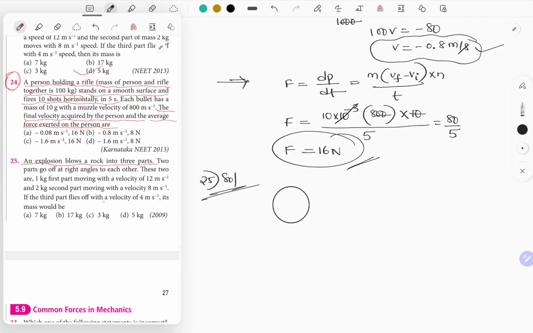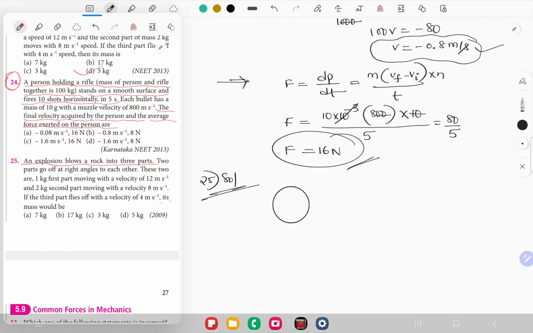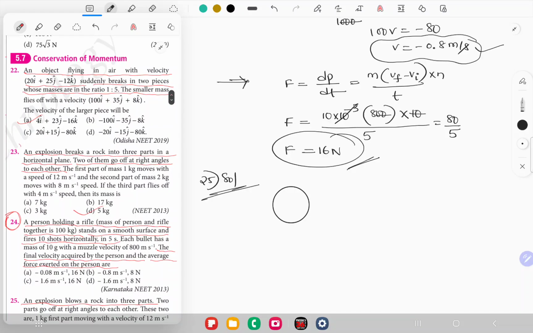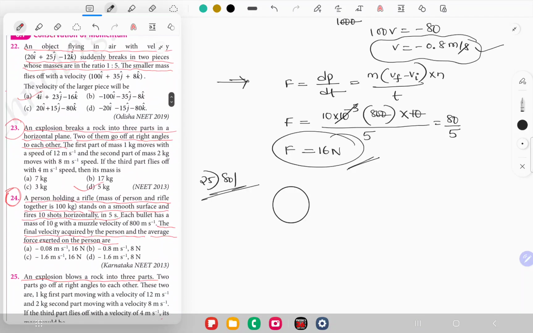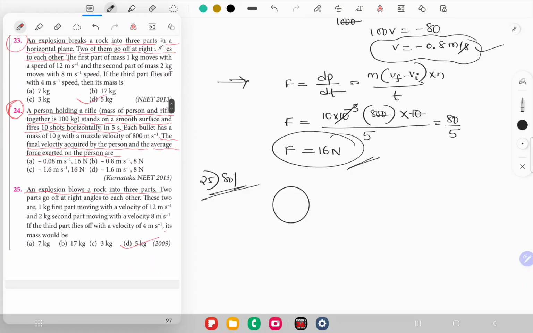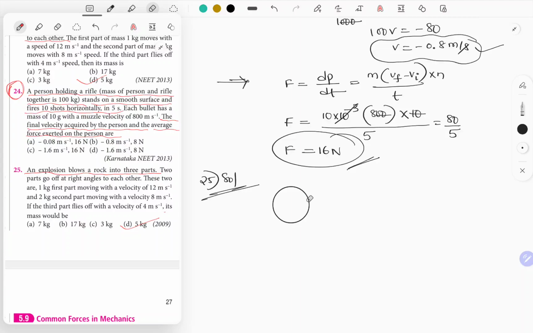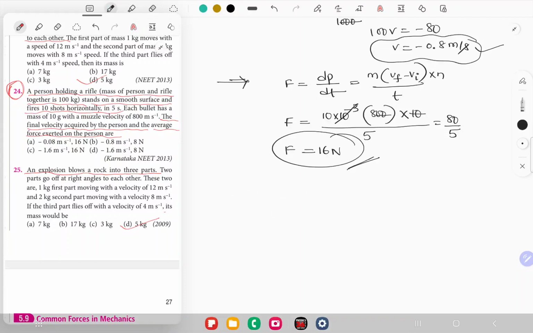If the third part flies off with a velocity of 4 meter per second, its mass would be, I think 5 kg is the answer. Which question did we solve? Here it is. Question number 23 and question number 25 both are the same. Okay, no need to solve. You just go through question number 23. So we are going to get the same answer. Next,